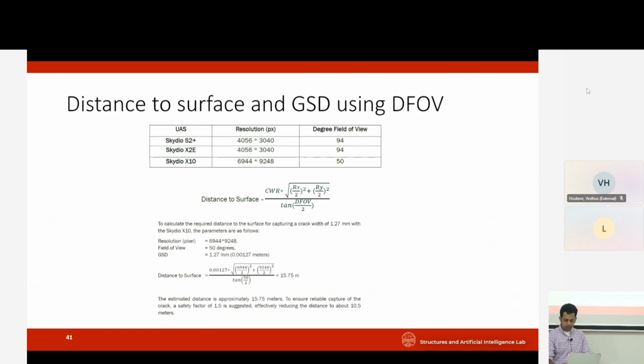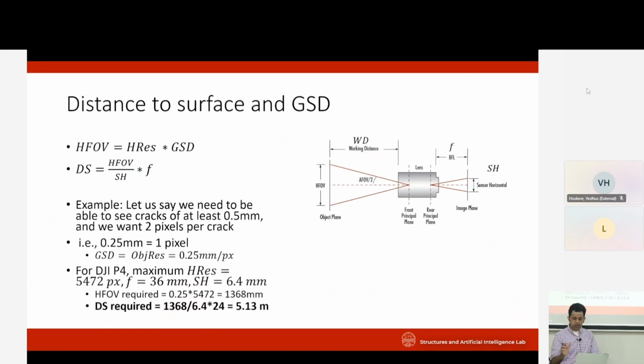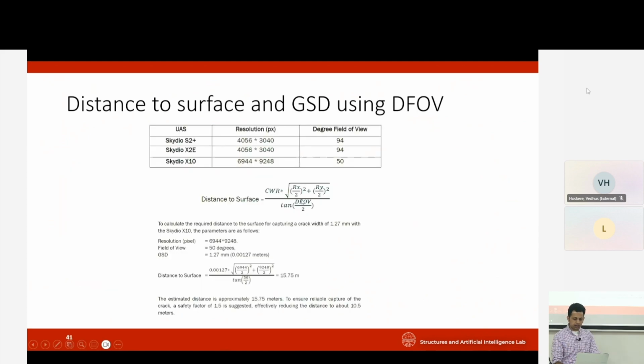Okay. There's another way you can compute this, which is using the degree field of view. Instead of using the horizontal field of view, you can use the degree. And in that case, typically what is done is to take the hypotenuse of the image resolution. So for example, for the Skydio X10, the resolution is 6944 times 9248. And so the diagonal resolution I will get just by taking the square root of the sum of squares. And then I multiply that with